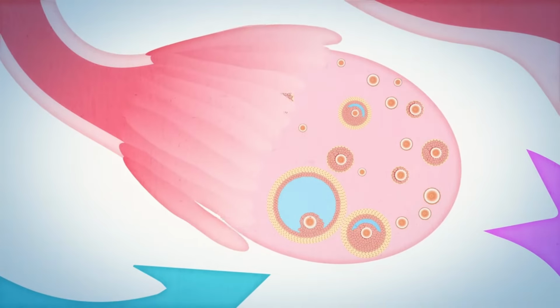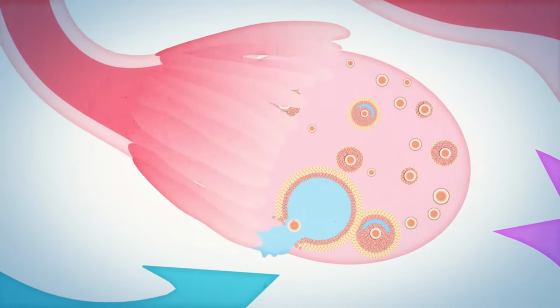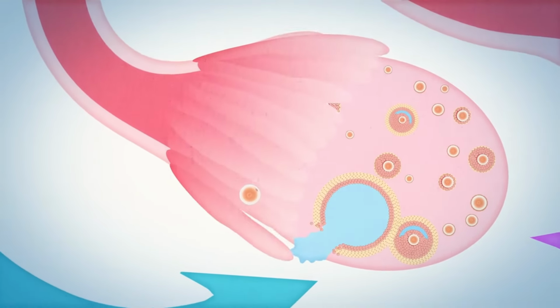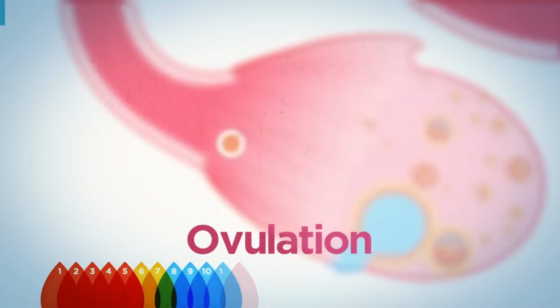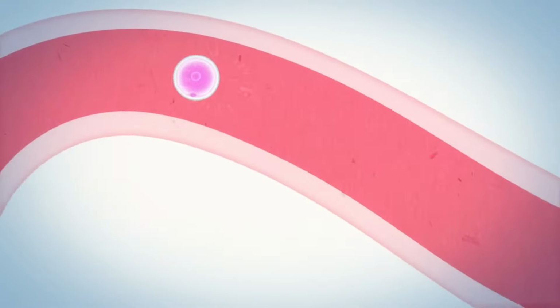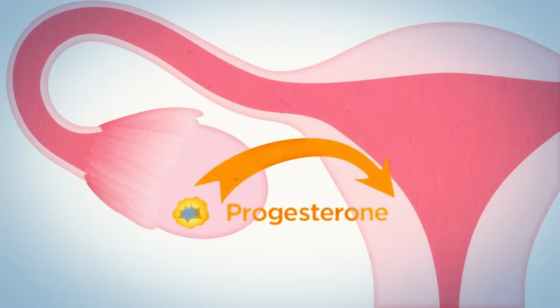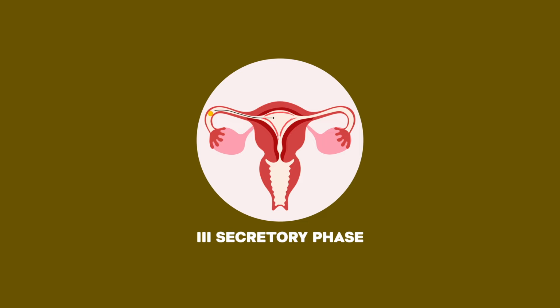the egg, the dominant follicle, releases the egg from the ovaries to the fallopian tube, and this process is called ovulation. So, ovulation mudichittukapparam, the uterus goes into a different phase which is dominated by luteinizing hormone and progesterone, and that is called a secretory phase. So, the secretory phase helps in building the endometrium.